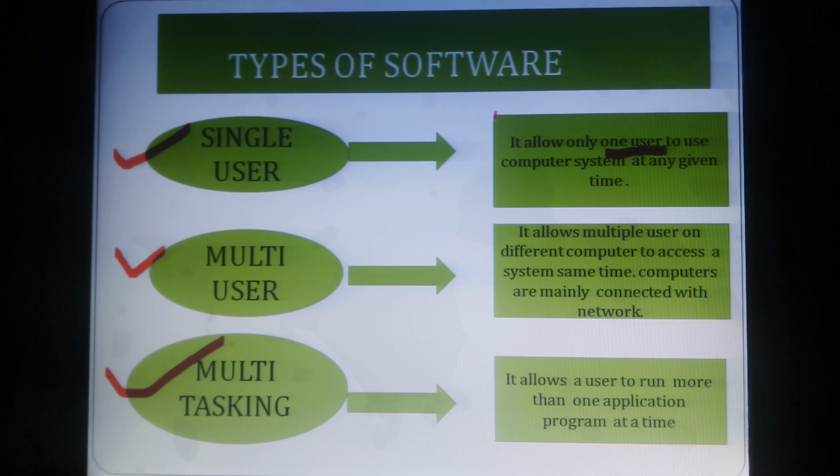Given the command to a single printer, we are multiple users on different computers accessing the system at the same time. All three computers are connected in a network with the printer. That is called multiple users. A computer lab, with all its computer devices, is also an example of multiple users of a computer.